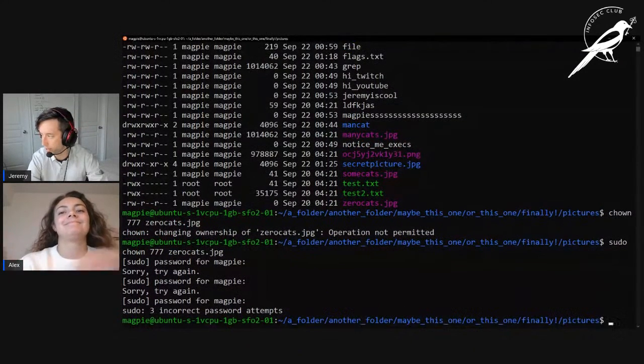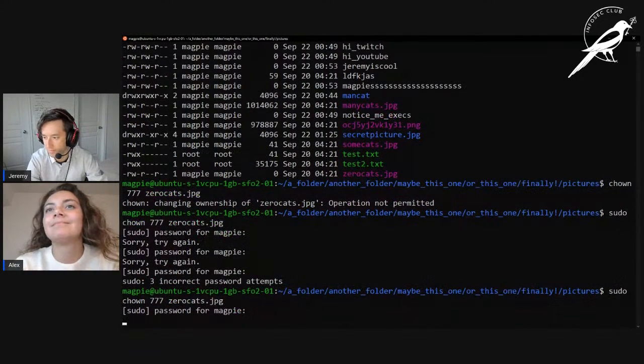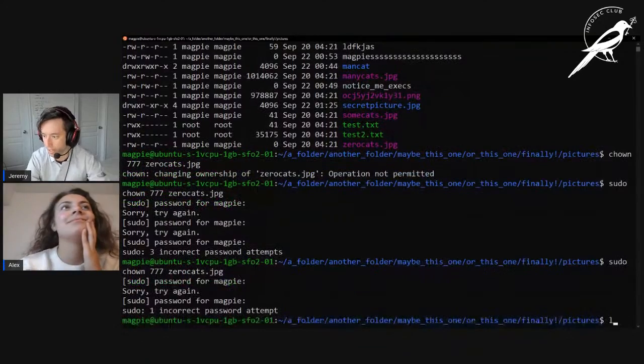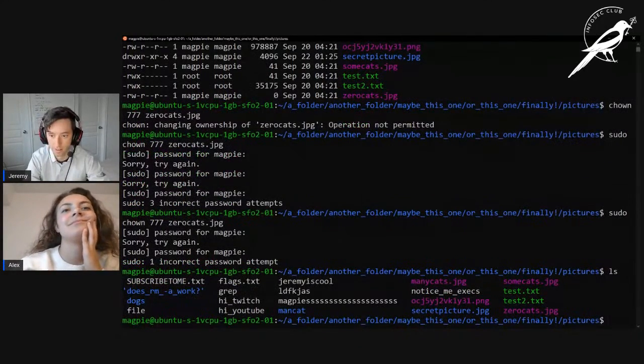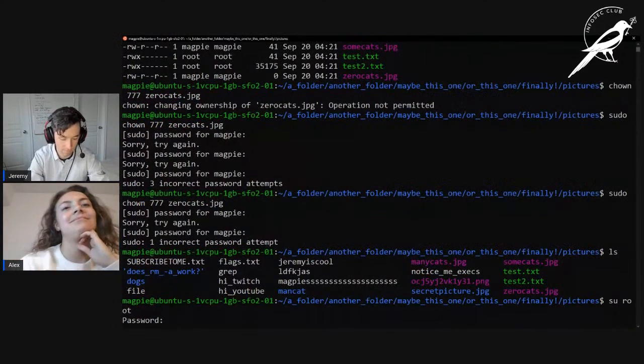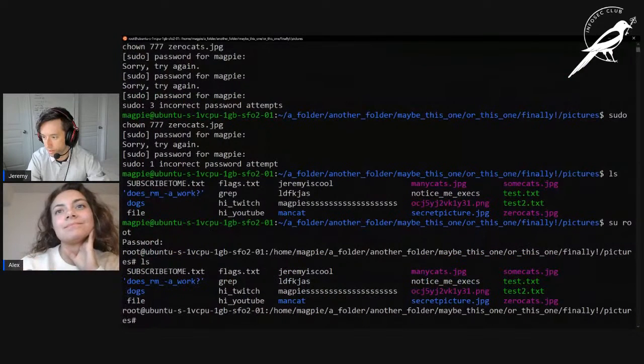Can I not remember the root password? Maybe not. No, apparently I can't remember it. If this worked, that's how it would work. Yeah, there we go. Finally got in.